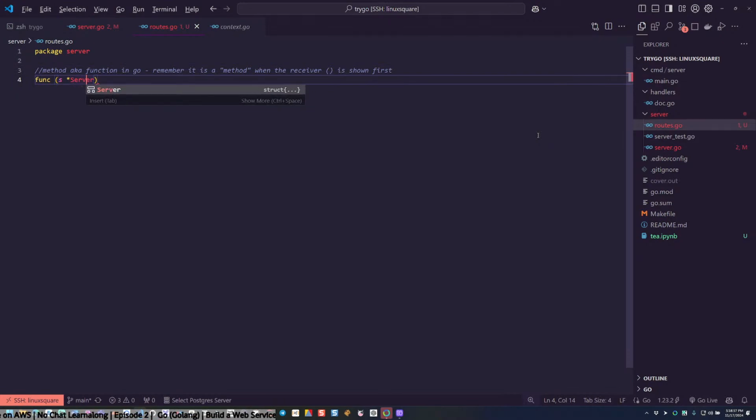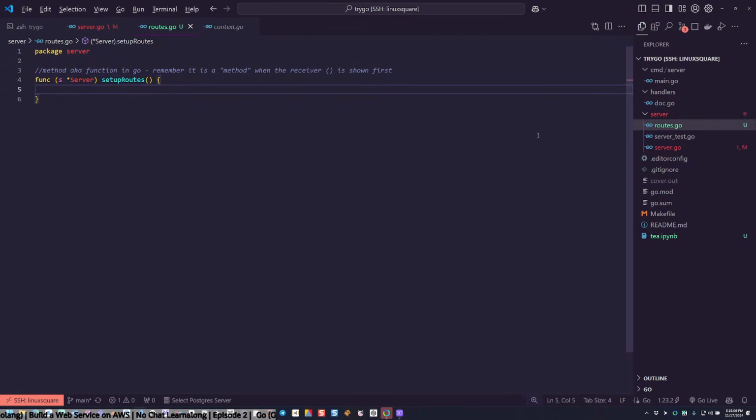It makes sense now, but at the end of the day, it's just a Go thing. You just got to know it; it's not recognizable otherwise. So we got a function, a method, a function that only applies to server. And the function's name is setup routes.